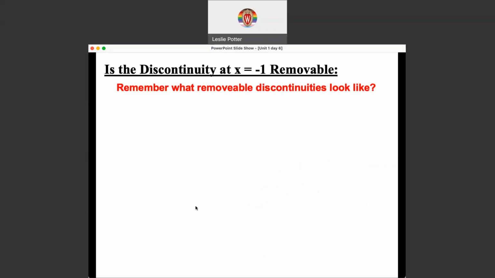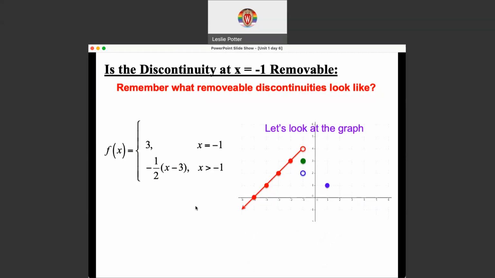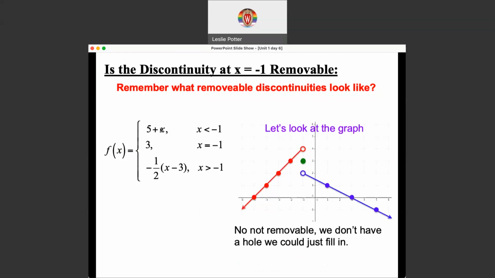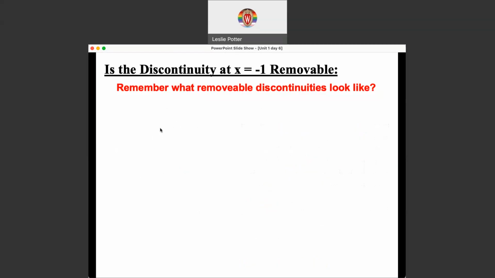So notice that, I have to back up here, but it's this top function here, right? And just bear with me as I get through this. There we go. It's this top function. So I'm doing this algebraically. Okay, so this is the algebraic solution. If we didn't graph this and we wanted to determine if this discontinuity is removable, just algebraically, without graphs, then